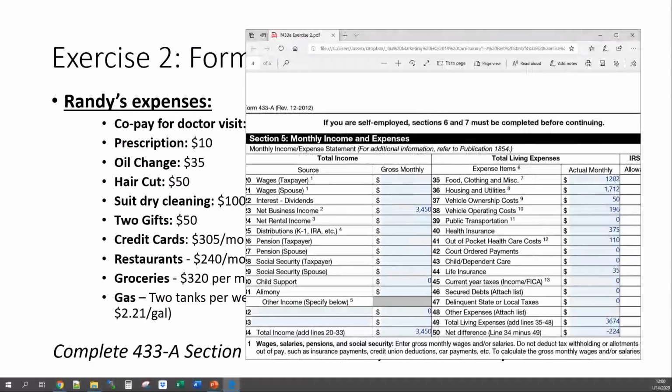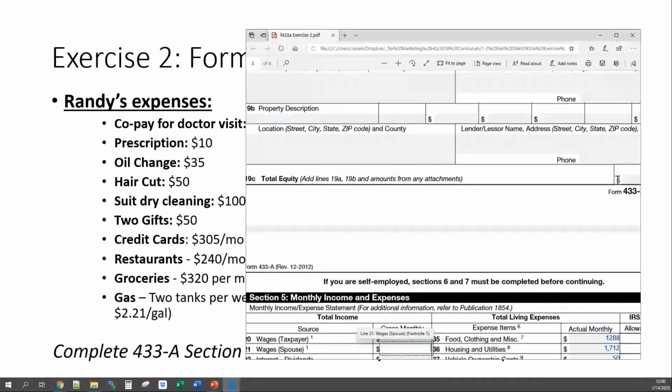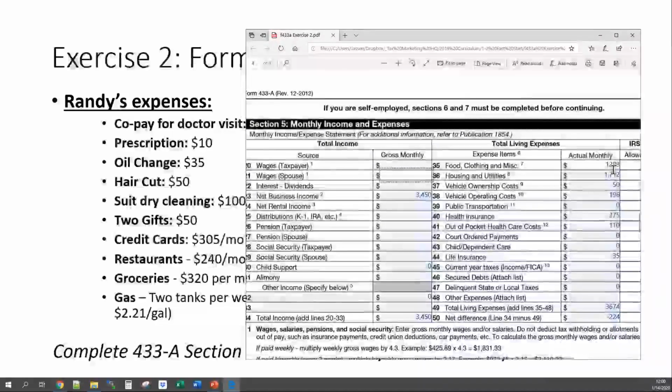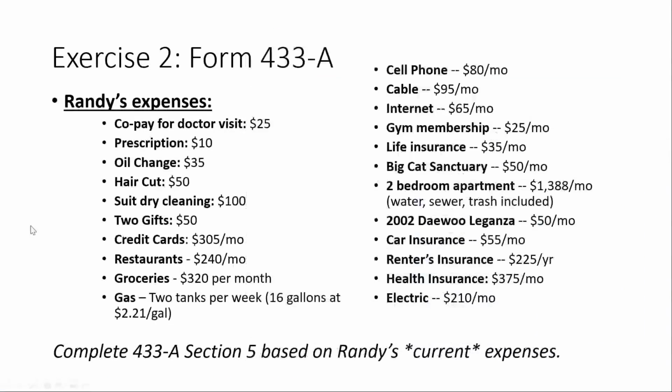And so over here, we get to put 1288, okay? That's what we get to put on the 433A. Again, even though if you actually add up what's here in the example, it's only like $800. But because the food, clothing, and miscellaneous, you get to claim all of it regardless, then we get